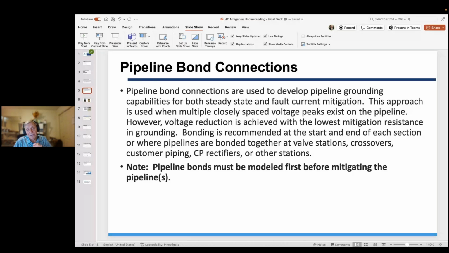Also, the diameter size when it was put in, and other types of coatings. So when you get mixes, and also proximity. So will bonding help in some cases? Yes. And will it remain the same as if it wasn't bonded? Yes. So depending on how your pipeline is set up,